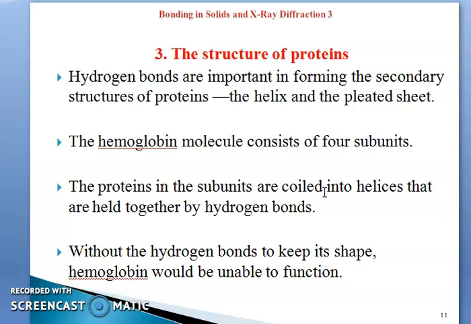These are the three beneficial factors. These are the three examples of benefits of hydrogen bonding. So we have seen that because of hydrogen bonds,